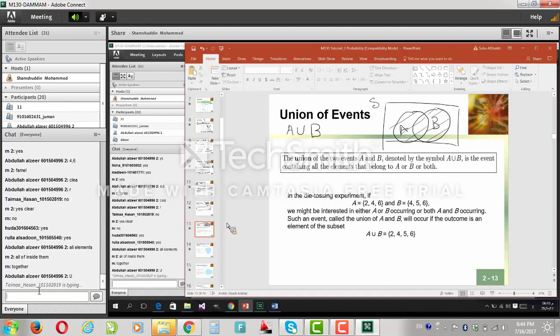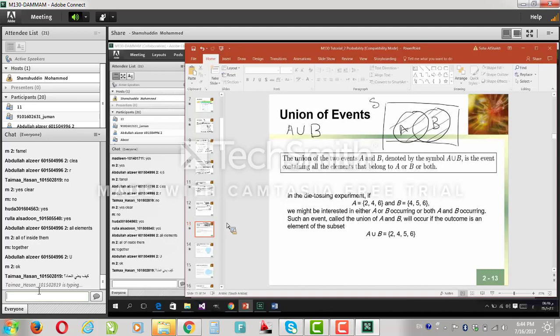Okay. I have 3 things I want to put them in 3 places. Union means we combine them together. This is the meaning of the word union. Now this is the